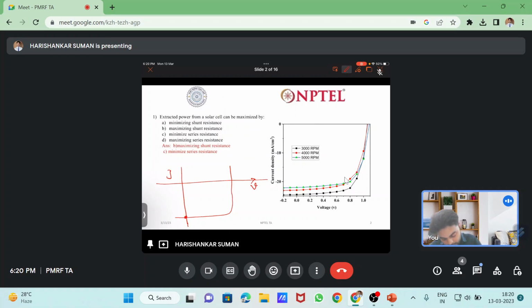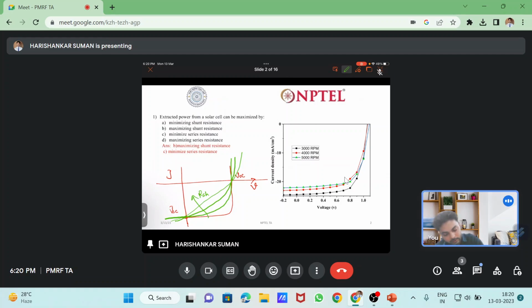Here is the JSC, short circuit current, and here VOC, open circuit voltage. If our curve goes like that, and one more like that, and like that, then this is the shunt resistance